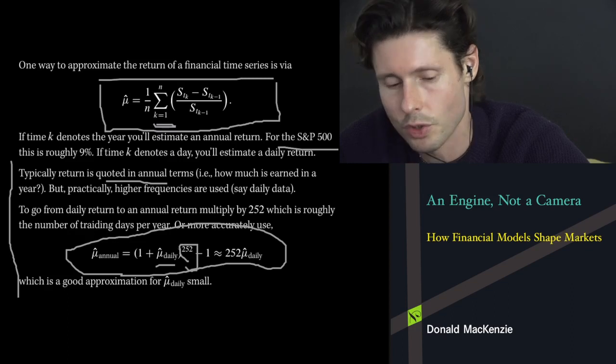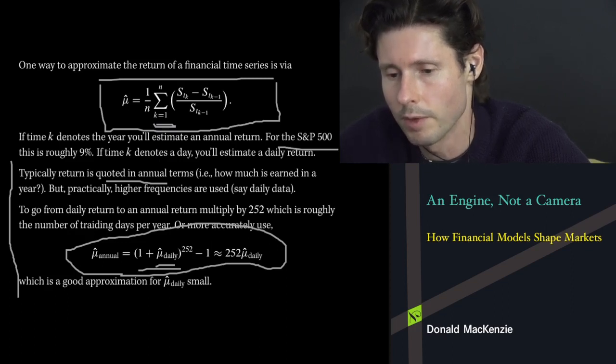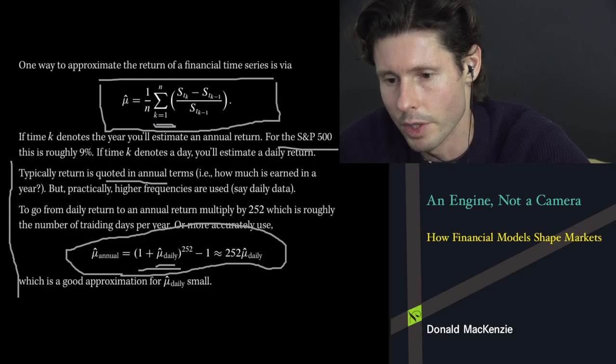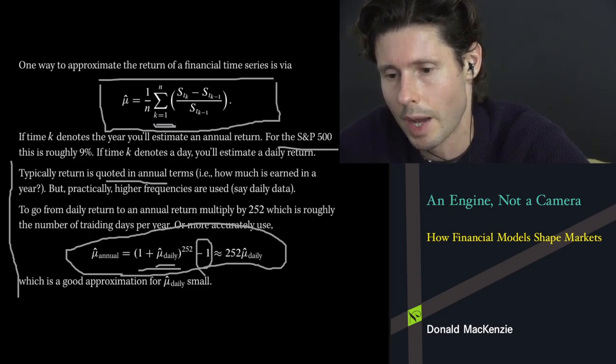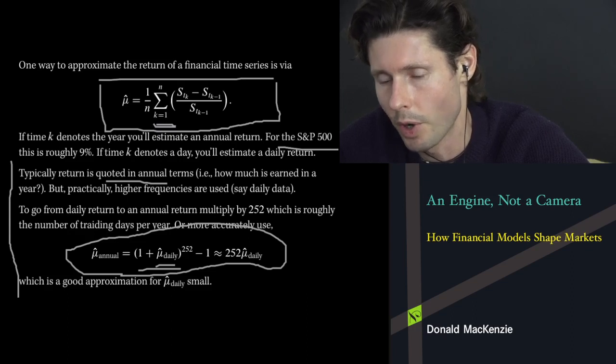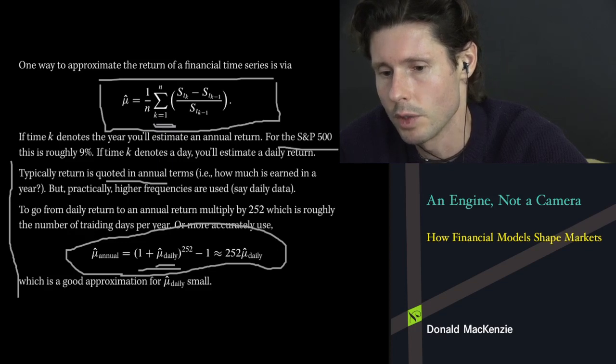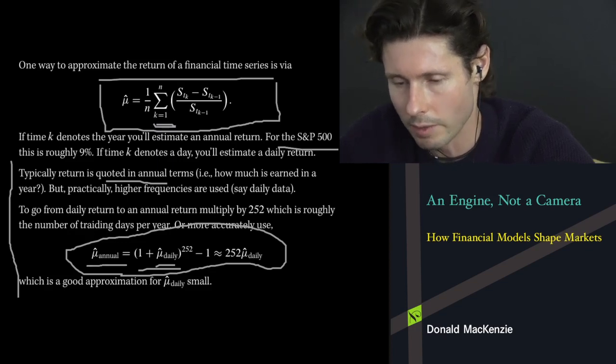256 is the number of trading days in a given year. And so what you're doing in this part of the formula is saying that we're going to keep reinvesting all of the earnings from an initial investment of $1 for 252 days, and then we're going to subtract the initial investment off to just capture the return on the investment. And so this is approximated, for a small daily return, which it typically is, by just this multiplication. So 252 times the daily return gives you the right quotable units of annual return.